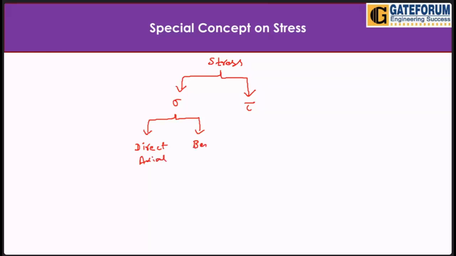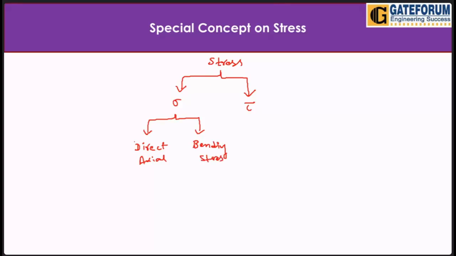Okay, now here we have types of stress. Somebody will say, what are the types of stress? So stress means, suppose here we are saying about stress, one is the normal stress sigma, another will be the shear stress tau. And in normal stress here we can have different types of stress, for example, direct axial stress here we have. Direct axial normal stress, then bending stress is also